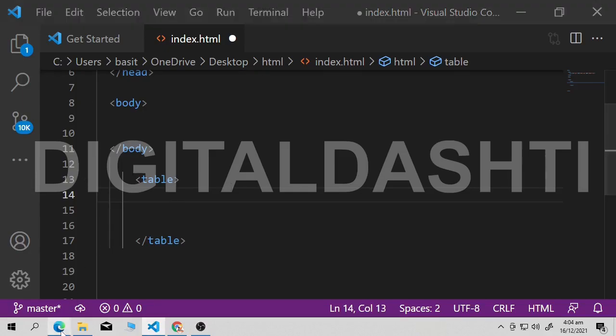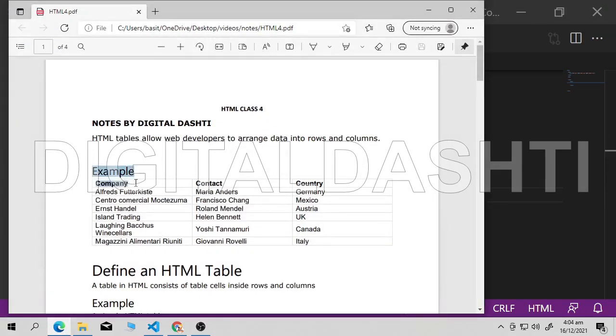If you look here in our table, what is there? There are some rows. In the first row, there is our heading. There are 3 headings in the first row: company, contact, and country. In the second, third, fourth, fifth, sixth and seventh rows, they are the data of our table.